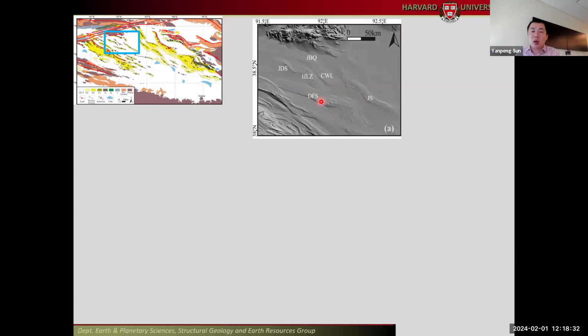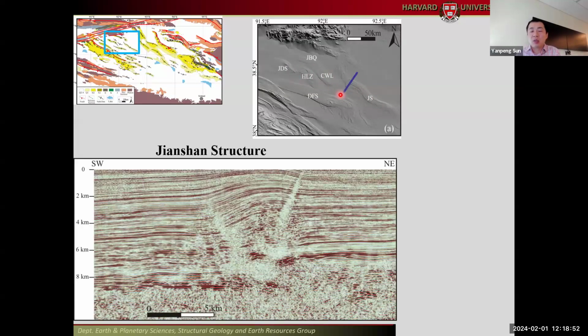the elevation map, where you can clearly see that those structures are still very well constrained by the surface relief, because these are Cenozoic structures, and they are still very well preserved at the surface. So you can tell there are a bunch of linear structures. There are some less linear but more rounded shapes. So I'm showing you a first example of one line across that linear structure, where clearly you can, if we start